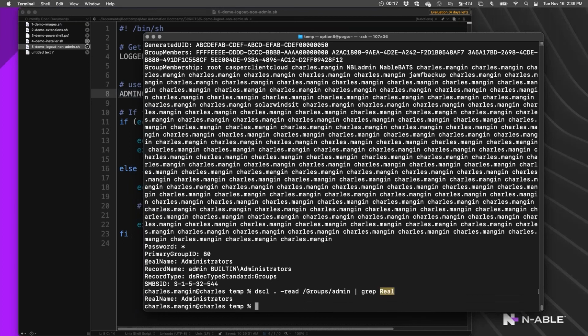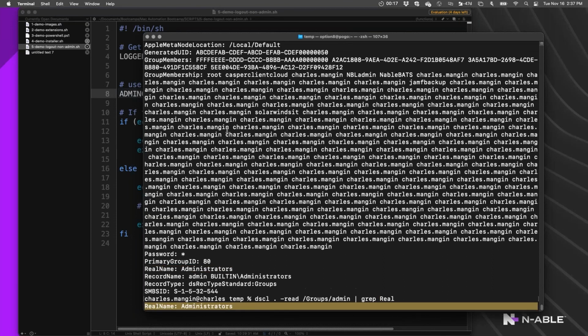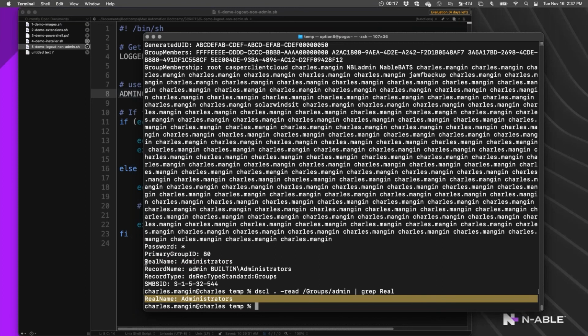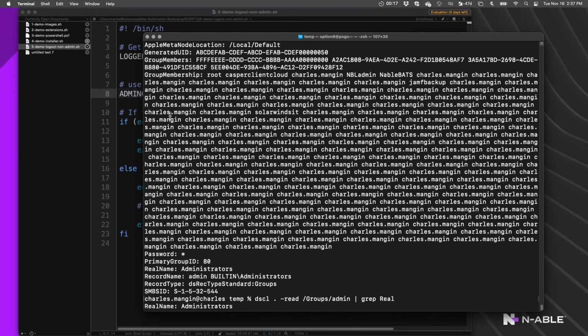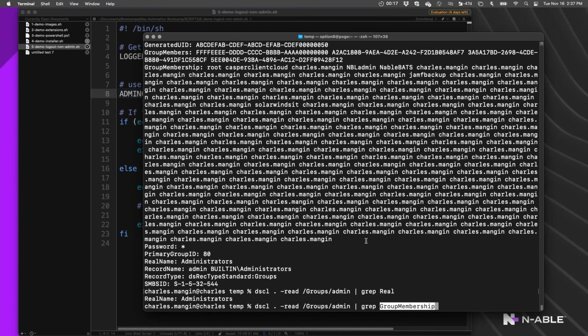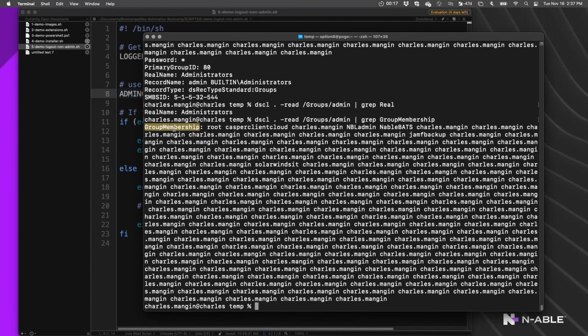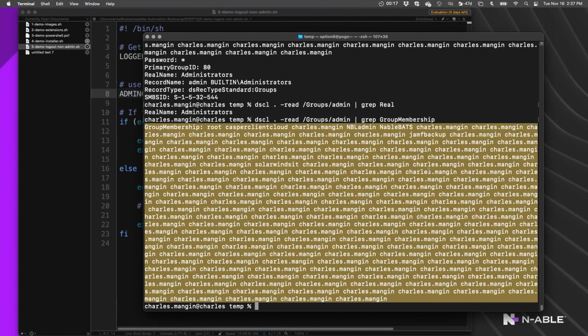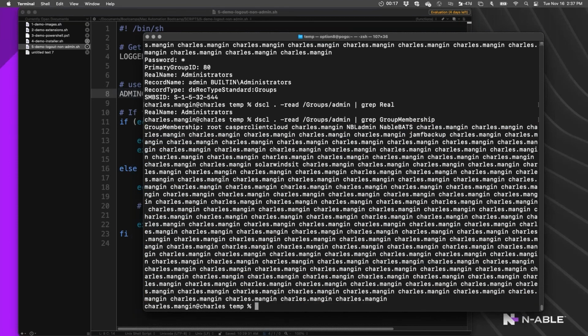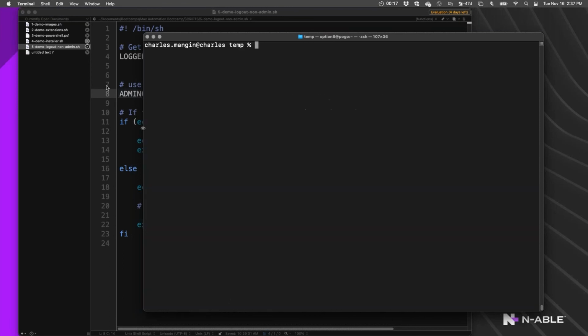And so this line, real name administrators, comes back because that's the only line in this output that contains the word real. And so if instead I do a search for group membership, I should get this line back. Yes, so it gives me this one line, but it's wrapped a bunch of times. The group membership line, which is the list separated by spaces of the admins in that group.